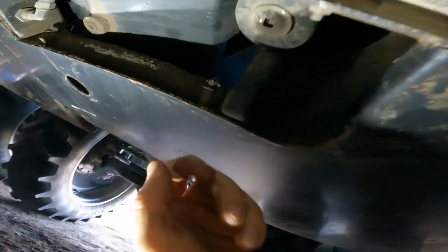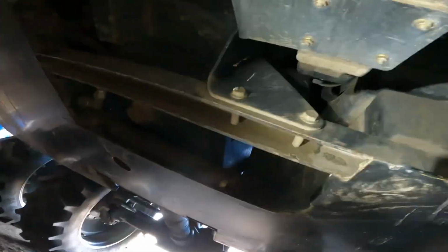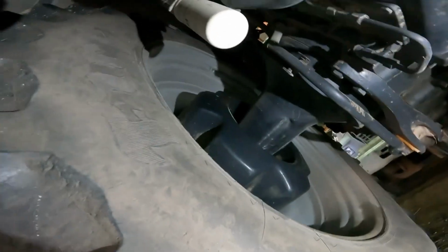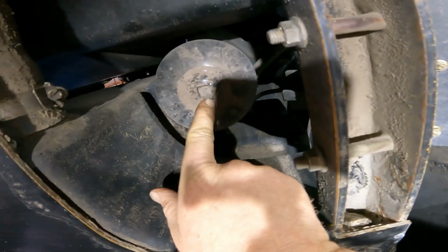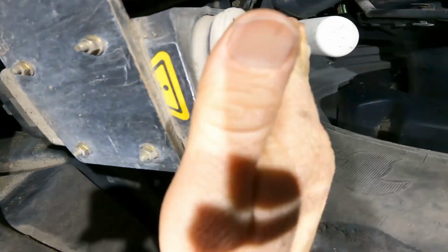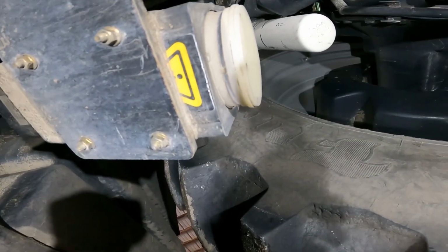Okay, I'm up underneath here on the right hand side, trying to get my lights set around. Okay, right there is one of the filters, and right there's the other. Looks like a great way to get an oil bath. Right there's the radar drum. In fact, let's see here, if I can,